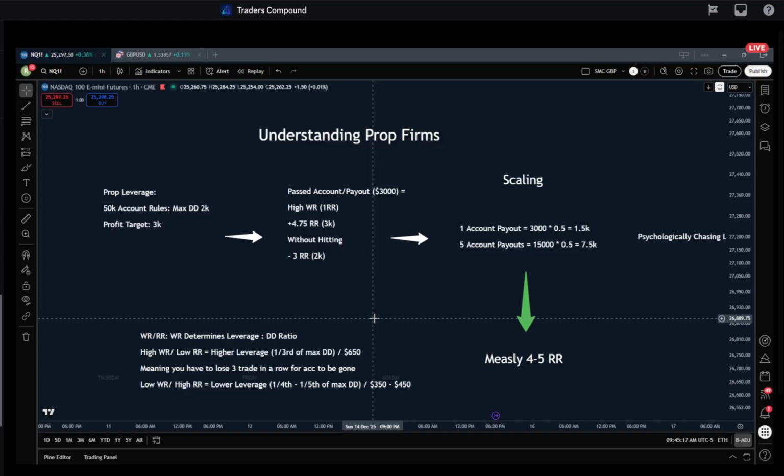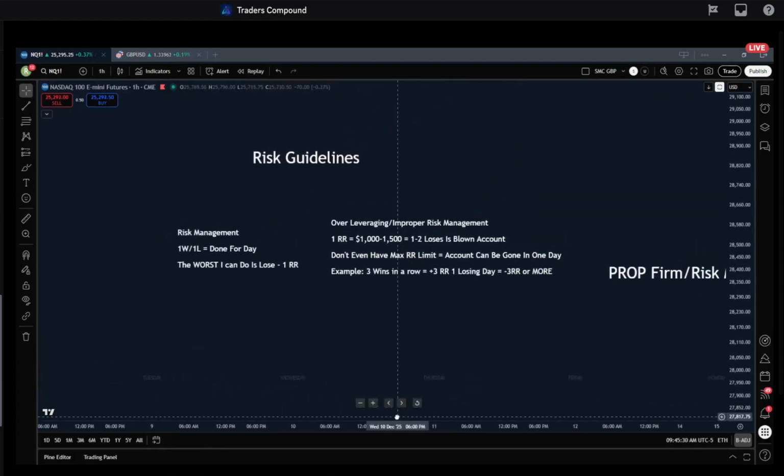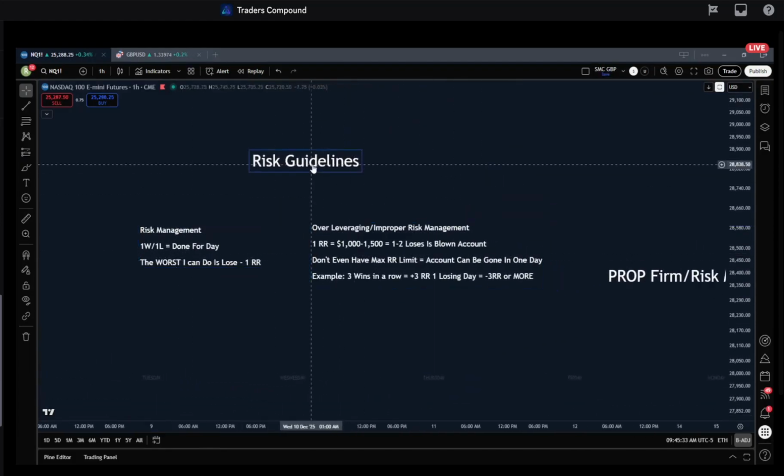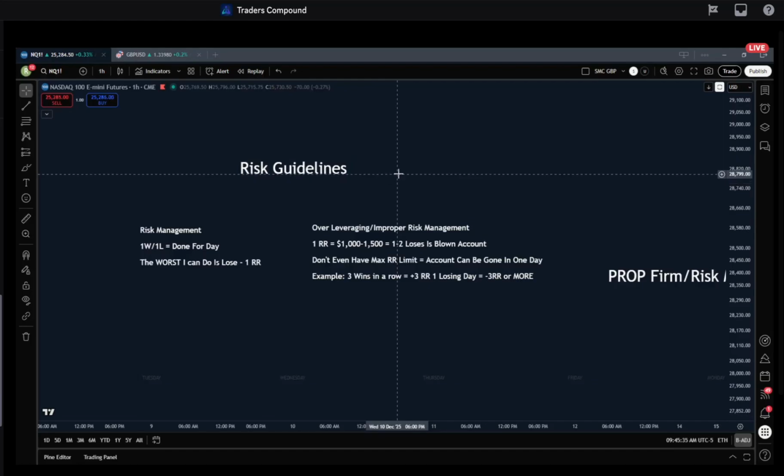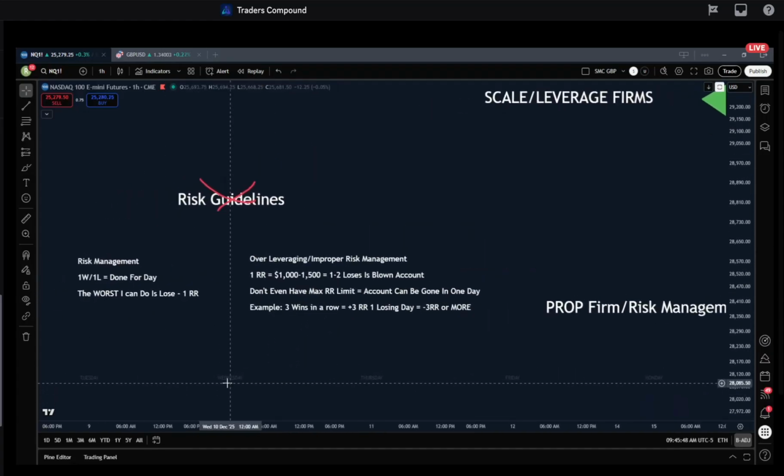But what I do is I trade about $650 to $750 per execution. Okay, that is my risk for these AM session calls. I take one loss or one win per day. This is another thing that ties into position sizing, is my risk guidelines. I follow these religiously. A lot of us don't even have risk guidelines, okay? So again, I know this seems like a lot, but this is why trading is so hard, because we quite literally have to take all of this into account and have all of this fall in place, or else everything could fall apart, right?